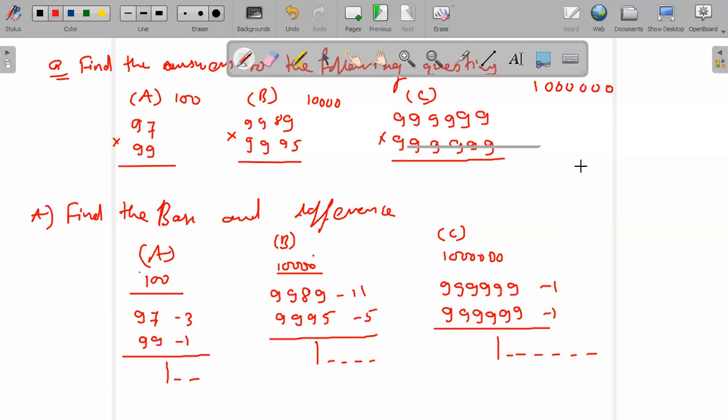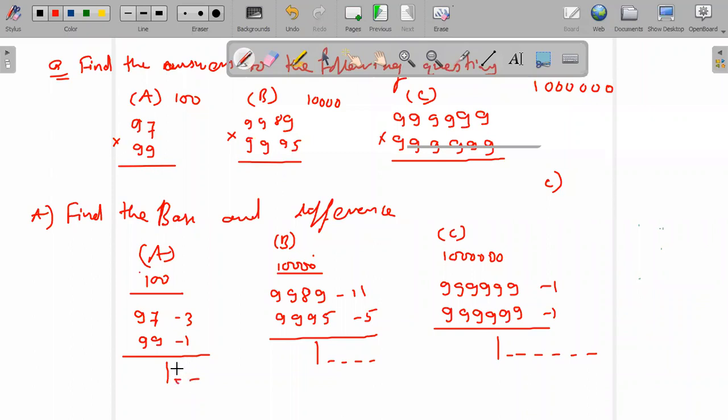Now, what is the third step? Yes, third step. See, multiply the differences on the RHS. We have to multiply the differences and we have to write at the RHS. So minus 3 and minus 1. See, difference is minus 3. That's why we have to multiply minus 3 with minus 1. This dash is a sign of minus, right? Minus 3 into minus 1. That is, yes, 3 will be there.